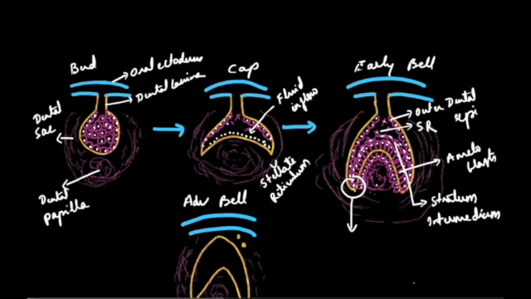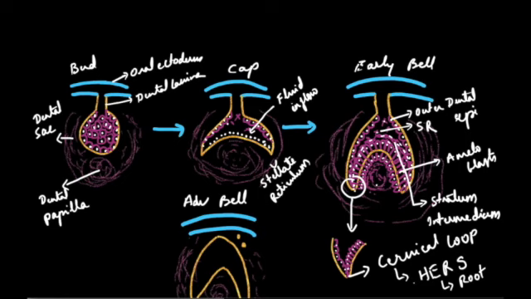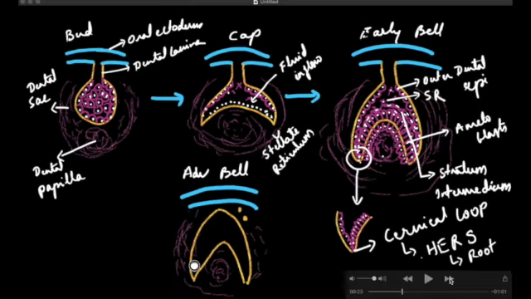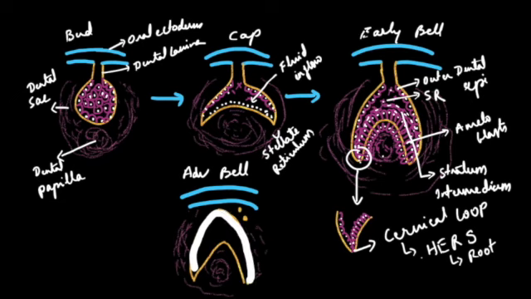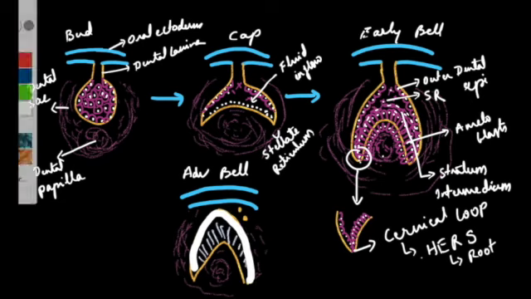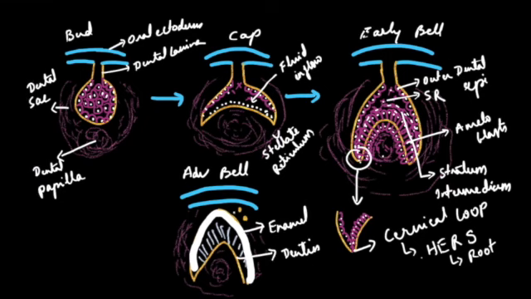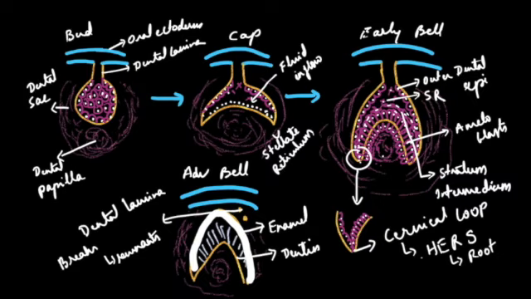This highlighted area is the junction between outer and inner enamel epithelial cells without any intervening stellate reticulum cell. This area is called the cervical loop, which forms Hertwig's epithelial root sheath later, which forms the scaffold for root formation. It's an area with high mitotic activity. In the advanced bell stage, there is formation of hard tissues, that is enamel and dentin, and here the dental lamina breaks and the tooth germ is not connected to the oral ectoderm anymore.